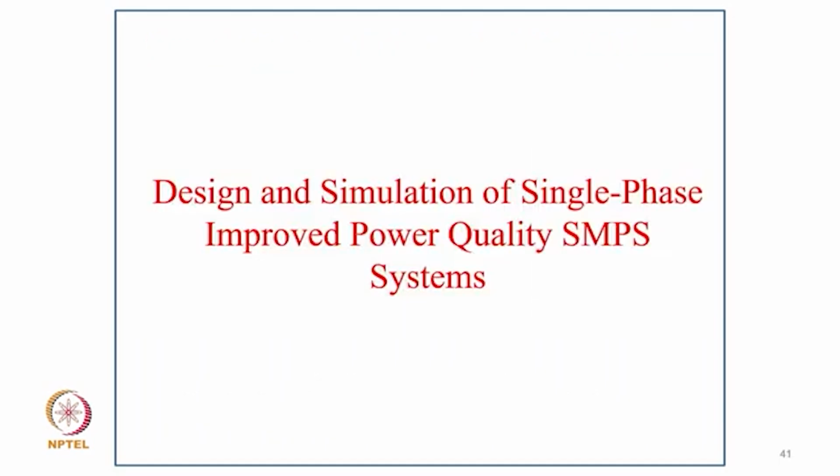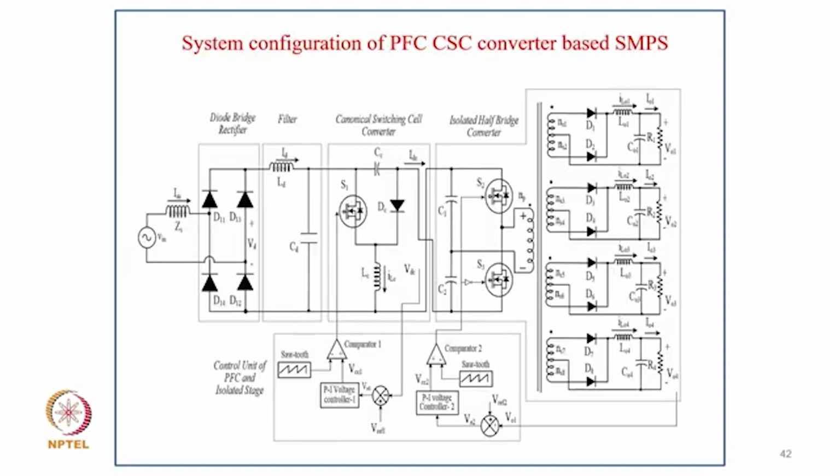So coming now to the typical design and simulation of a single phase improved power quality switch mode power supply system for improving the power quality in that. In this case, as you can see here, before this half bridge converter, after the diode rectifier, we use the LC filter, and then we use the canonical switching cell converter, which is a buck boost converter. And why is the buck boost converter used in between your switch mode power converter, half bridge and multiple output,